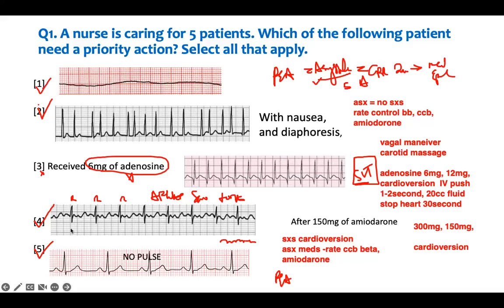You don't want the patient to go downhill, and therefore you select the rhythm that is worrisome. Even though this guy is SVT, he has received 6 milligrams, he still needs 12 milligrams to go. You can't select it as a priority. These questions are designed to keep you thinking. So if I'm bringing